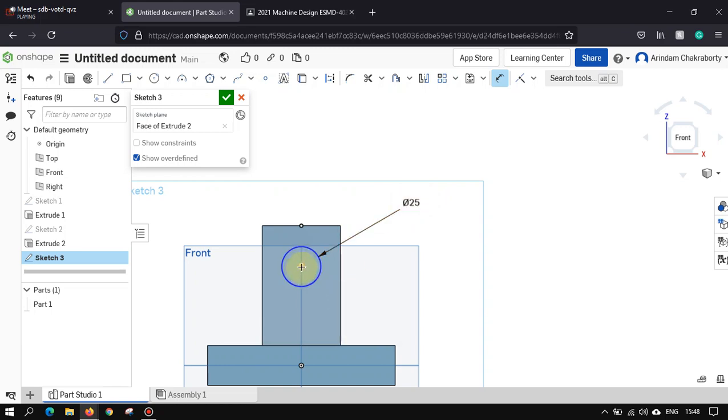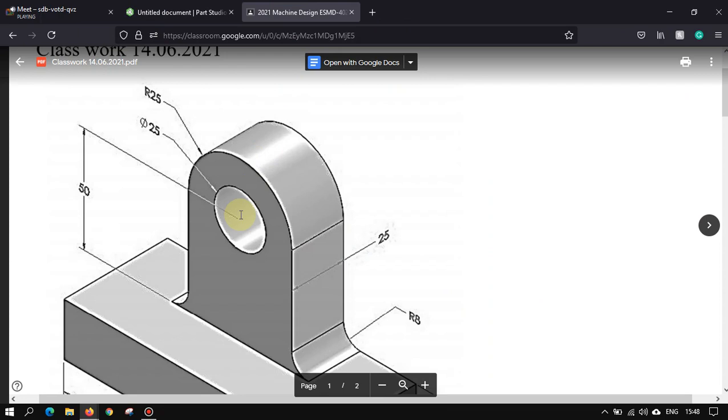Again click on the center of the circle and click on the edge. It is showing 49.42. Click over here, write 50, just like this one. Again it is given that 25.